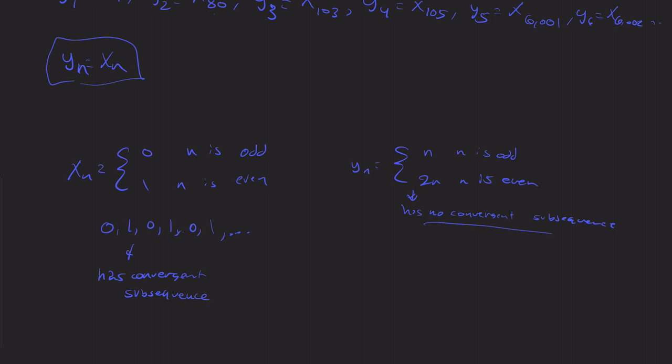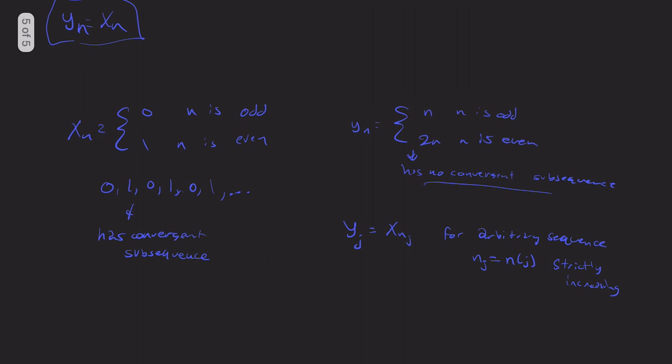This does not. If I choose y sub n_j to be any, this is something you eventually get used to, so I'll go ahead and label it x sub n_j for an arbitrary sequence n_j. And if this is new to you, these basically mean the same thing: n is a function of j, is another way to think about it, and it's strictly increasing, because you still need n_j to go to infinity.